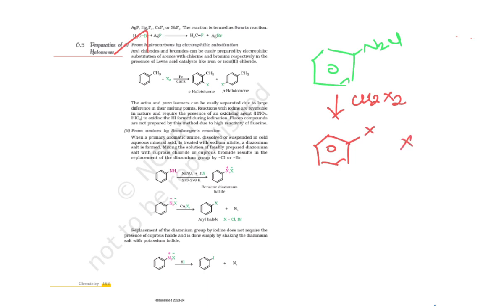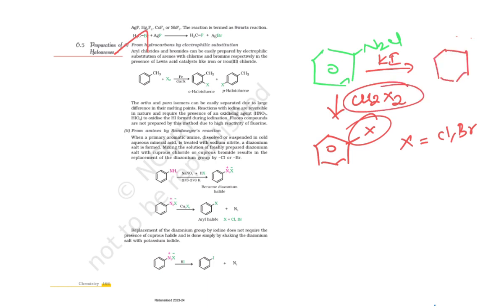Your halogen might be chlorine or bromine. In case you want iodine here, what I am going to do is react it directly with KI without the cuprous halide. So it is going to form the iodoarene. Clear? Okay, so when it comes to the next reaction,